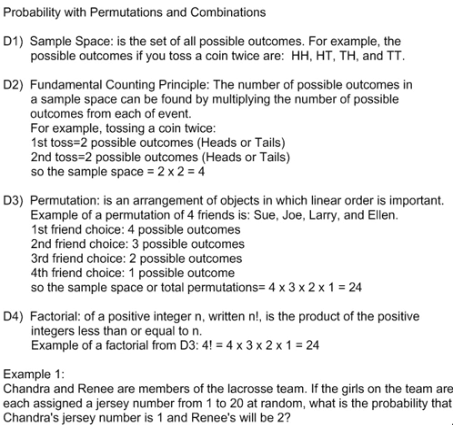Okay, today we want to talk about probability with permutations and combinations. All right, we want to talk about a sample space. That's going to be your total number of outcomes. So if you're talking about tossing a coin twice, you could get heads the first time and you could